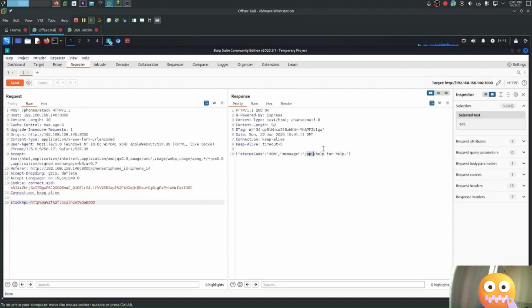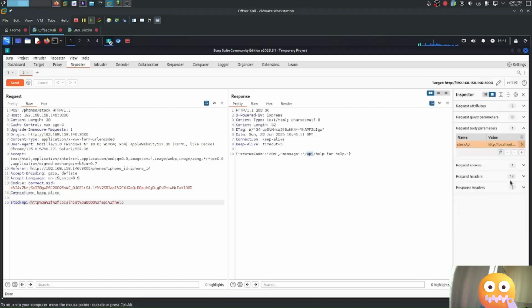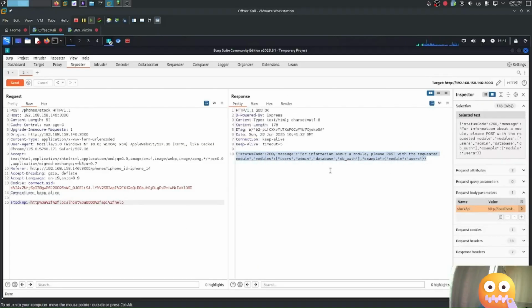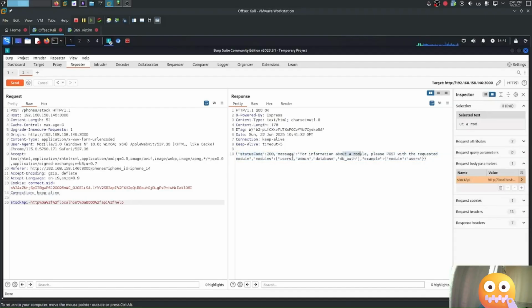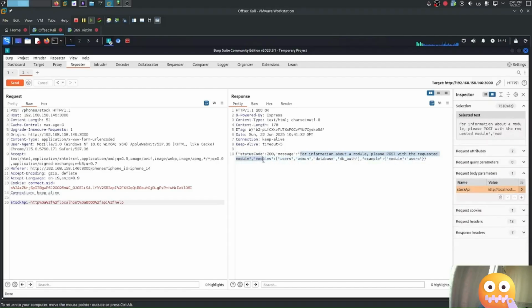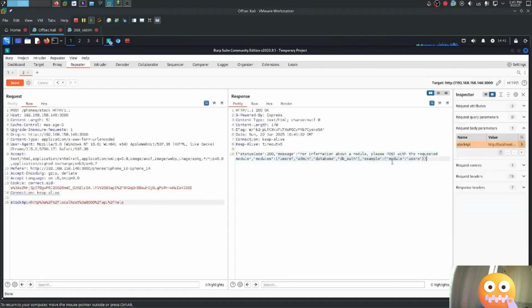So we can try to make a request to /API/help. Come here, /API/help. Send the request. We get the JSON response here. Status 200, message: for more information about the module, please post with the requested module, and it gives us a list of modules. So we need to send a POST request to know more about a specific module like